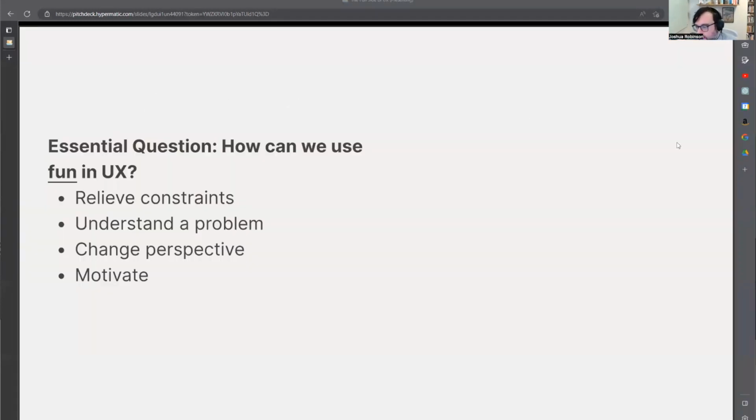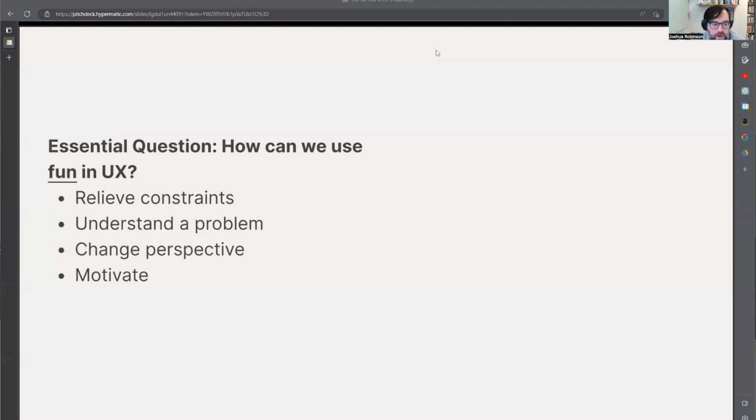So the last essential question, and let me look at my time here. Okay, I'm doing good on time. The last essential question that I want to think about is, how can we use challenge, patterns, disruption, novelty, social immersion, all these other elements? How can we use them in UX design? I said at the beginning, my whole point of doing these sessions was so that I could look at other things that are happening out there in the world and bring some of those principles back into my own work. I landed on 4 things, I think, that fun can be used for as a UX designer.